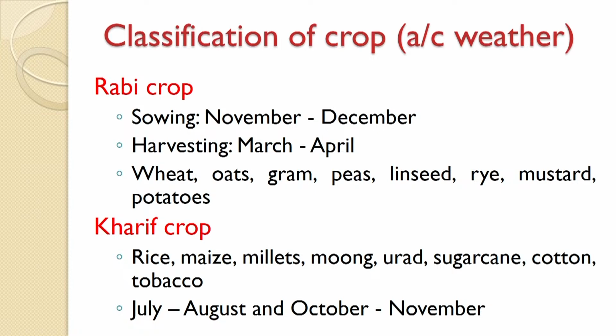Next our group is the Kharif crop, and they are actually water loving crops, and they are mainly grown during the period of monsoon or Indian monsoon. Here they are sown during the months of July and August, and after that they are harvested during October and November. Most of the prominent Kharif crops include rice, maize, millet, moong, urad, sugarcane, cotton